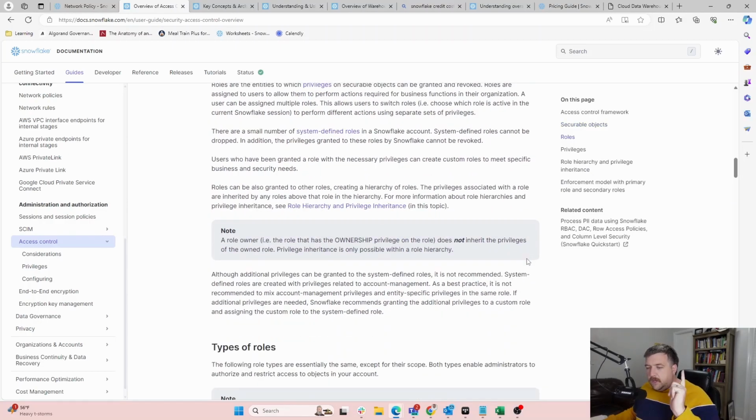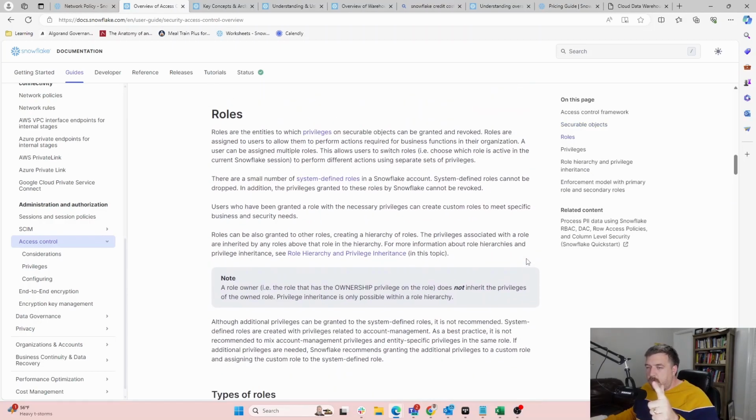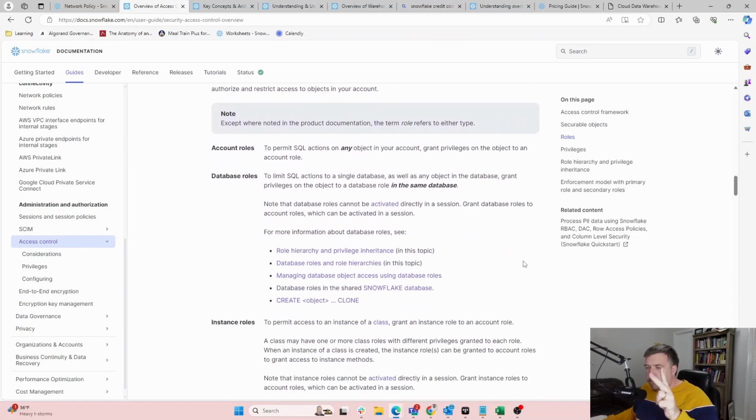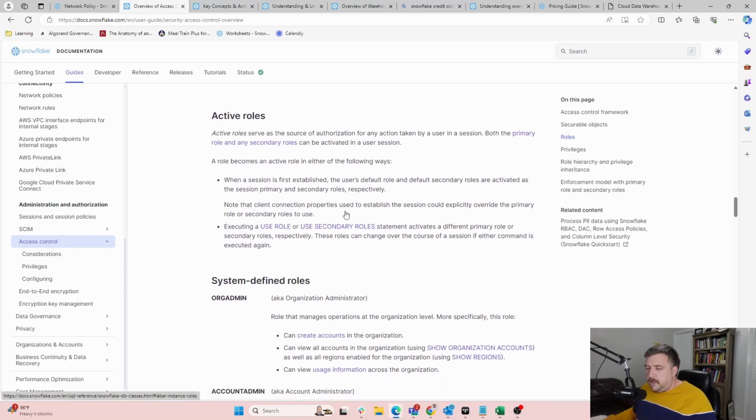Roles here. This is how we grant those privileges. Types of roles. So account roles, those grant privileges on the object to an account role. We'll talk about the hierarchy down here.